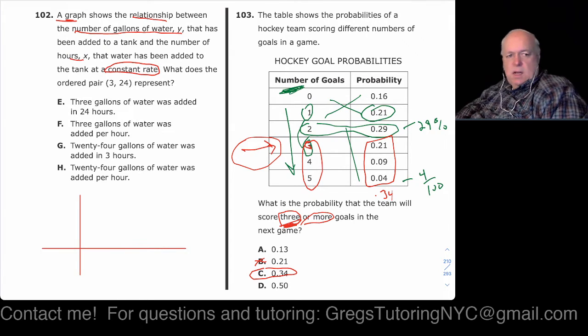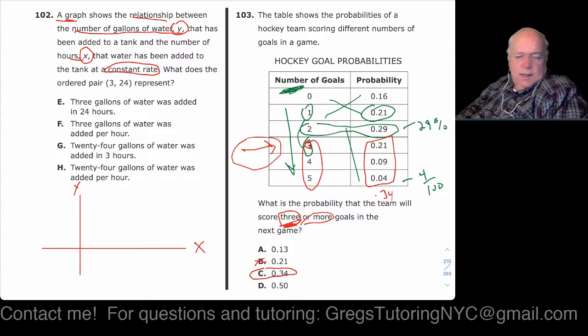And what they did was they described Y first, and then they described X. So this kind of table flip gets a lot of students. So this is X, this is Y, and they're telling us that X is the number of hours, and that Y is the number of gallons. Okay, since it's a constant rate,